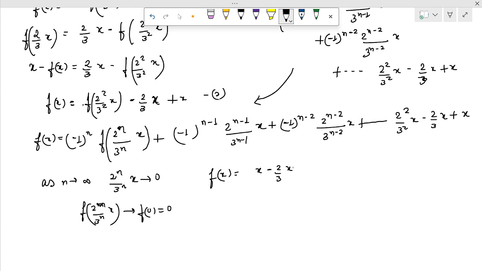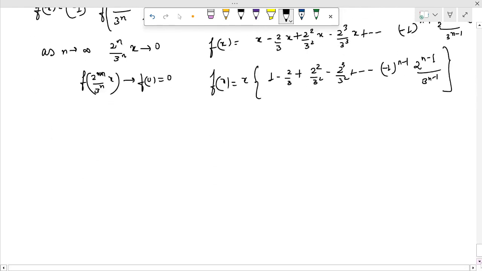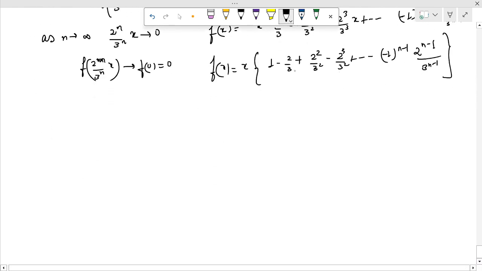2/3 x + 2²/3² x - 2³/3³ x, and at the end we have (-1)^(n-1) 2^(n-1)/3^(n-1) x. So basically if we take x common, what we'll get is x times (1 - 2/3 + 2²/3² - 2³/3³ ... + (-1)^(n-1) 2^(n-1)/3^(n-1)). Okay, and if we solve this, this is a geometric progression with common ratio -2/3,